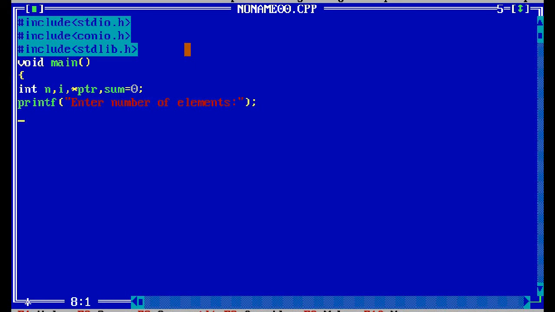Next read scanf("%d", &n). Now I will write this malloc function. I will write ptr equal to, and I will implement that syntax, whatever syntax I wrote. Okay, int star.